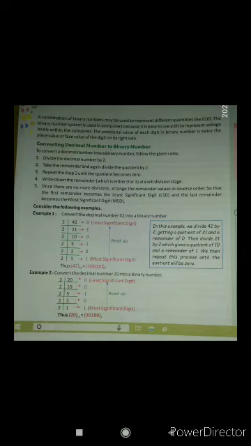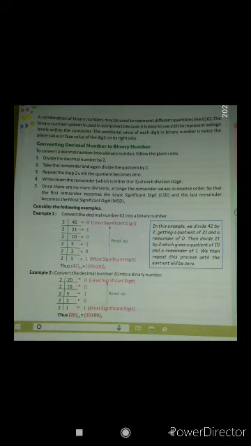The next example I'm going to explain again. 20 was divided by 2, okay, and got the remainder 0 because it is totally divided. Then 10 also divided by 2, totally divided, got 0 up to this one. So the last one is there only, it became the most significant digit, that is MSD, and the first one is called LSD. Again written from MSD to LSD, reverse order, from bottom to top, got 10100 here. Thus 20 base 10 is 10100 base 2. Base 10 means it is in decimal, base 2 means it's in binary.